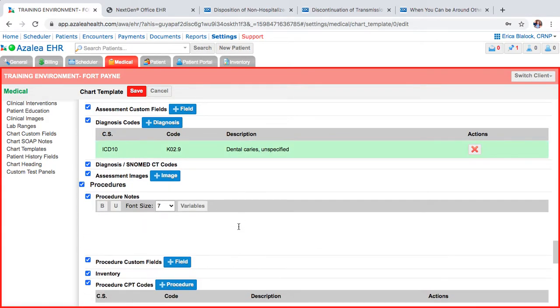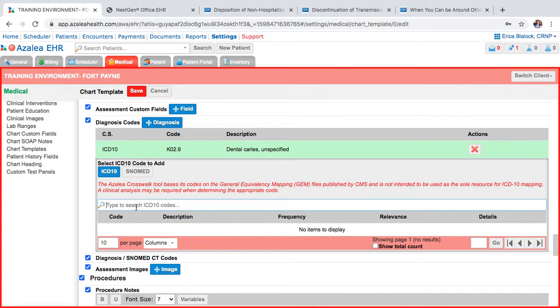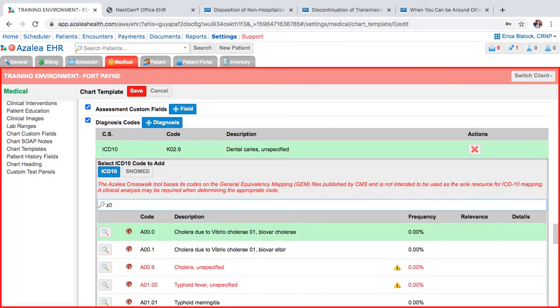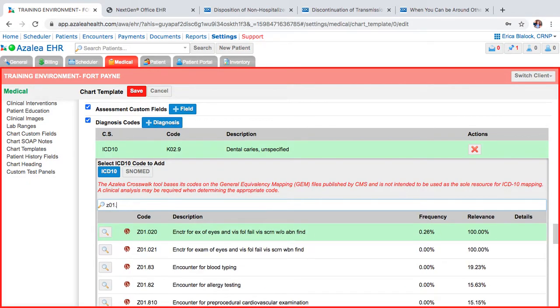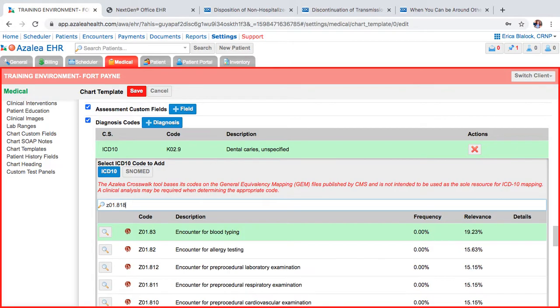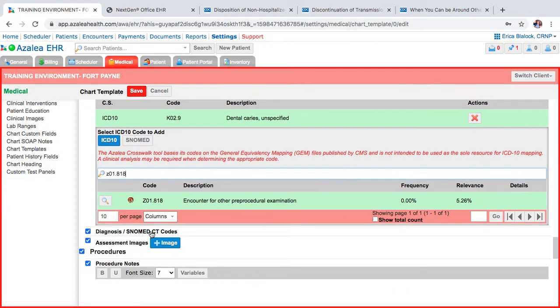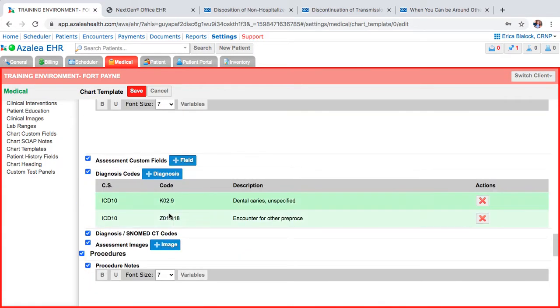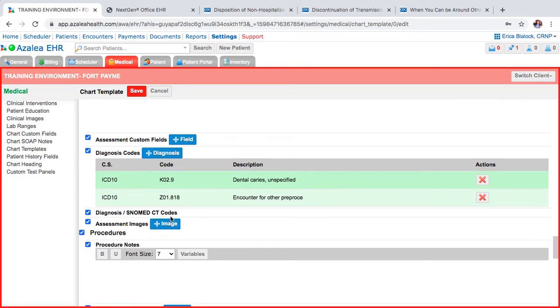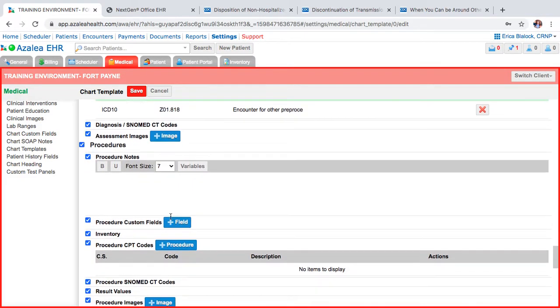But you can still use them. If you see them in red, they want you to use a more specific code, but sometimes we just don't know a specific code. You add those, and then